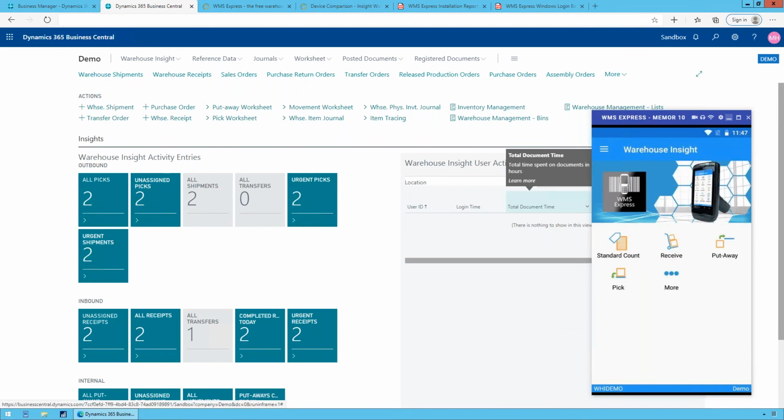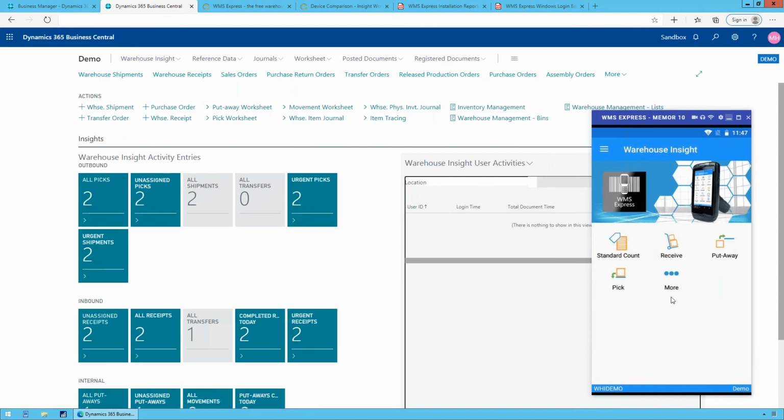one we're currently supporting. There's a question, how do you delete a license plate? No license plates in WMS Express. So in Warehouse Insight, that's a question you can actually contact our support guys if that's a real support question, but there are no license plates in WMS Express. You need Warehouse Insight for